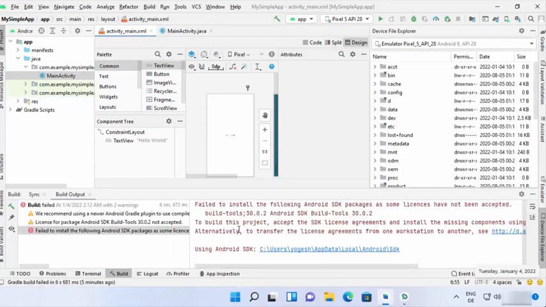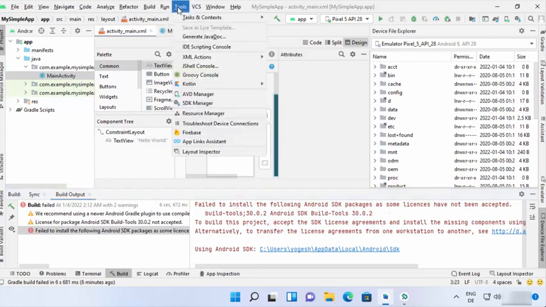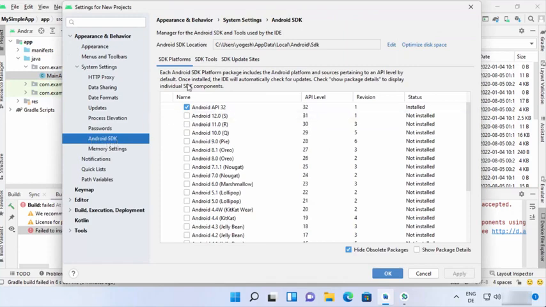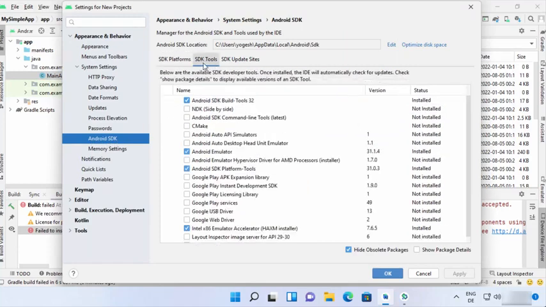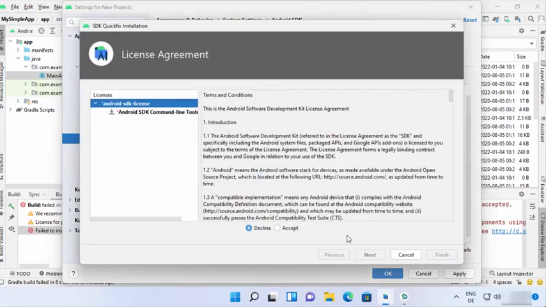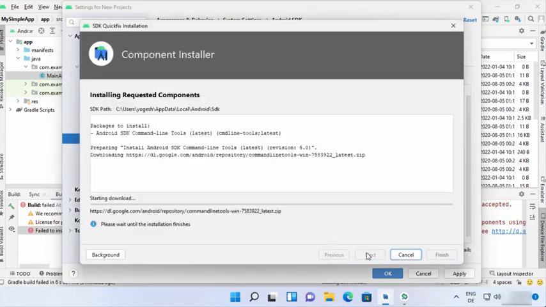Now in case you see this message which says failed to install the following Android SDK packages, some license has not been accepted, to solve this problem, you just need to click on tools here and then click on SDK Manager. And once SDK Manager opens, select Android SDK here, and on the top select SDK Tools, right? And then click on this option which says Android SDK command line tools, right? So right now it's not installed. So I'm going to just apply this and then click on OK and then accept and then click on next,